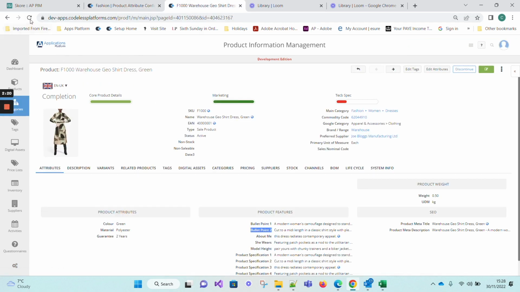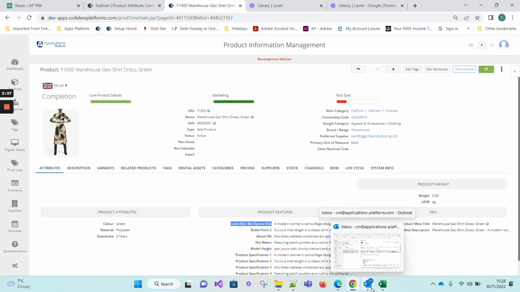Go back to our product, and you can see that we can edit the label that's being displayed to make it more meaningful than the field that you're using on the attribute page. However, and there's a video that covers how to create attributes from start to finish, I want to show you a quick way,